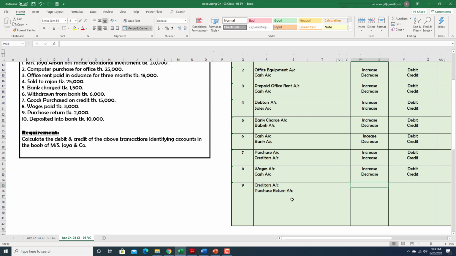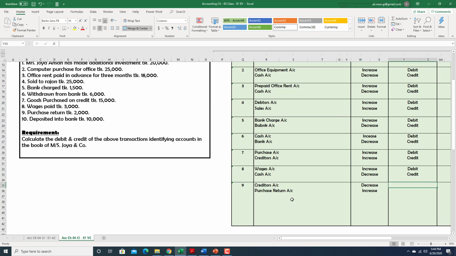So for a decrease in creditors, and for a revenue account or opposite of expense account, we know in accounting that any opposite account is just opposite of its original account. That means when any account is debit, its opposite account must be credit. So here purchase return account is just opposite of purchase account, so we have to write here increase,